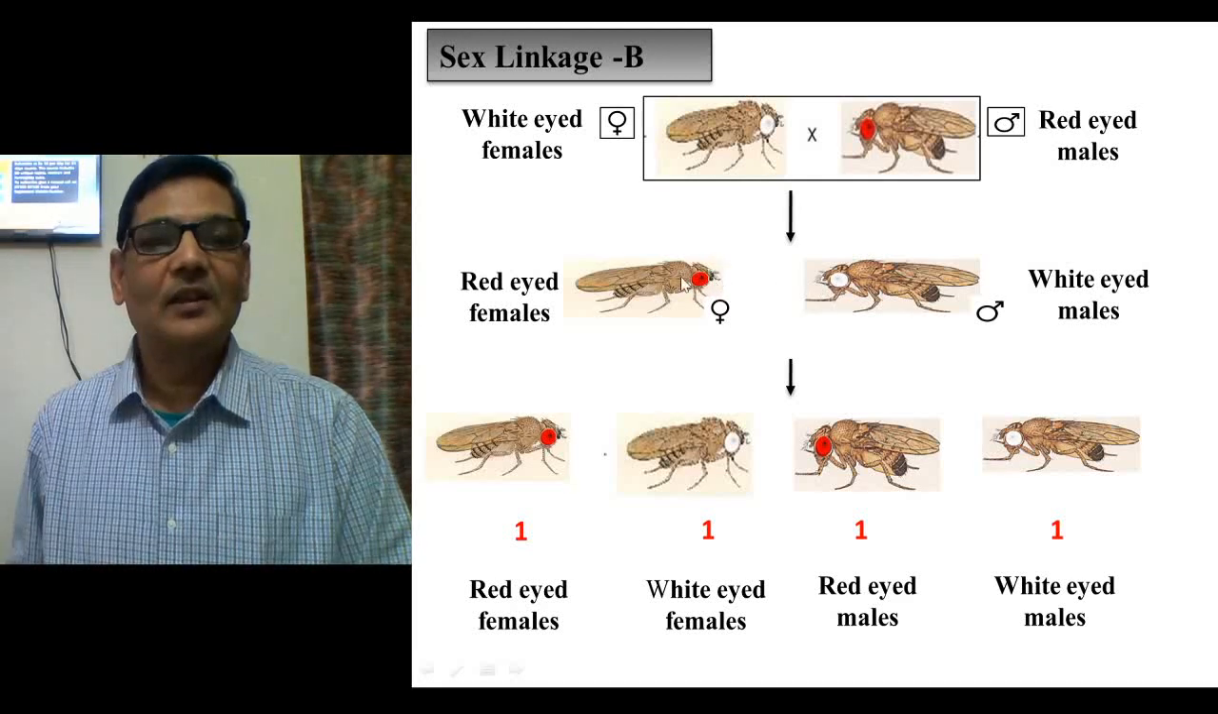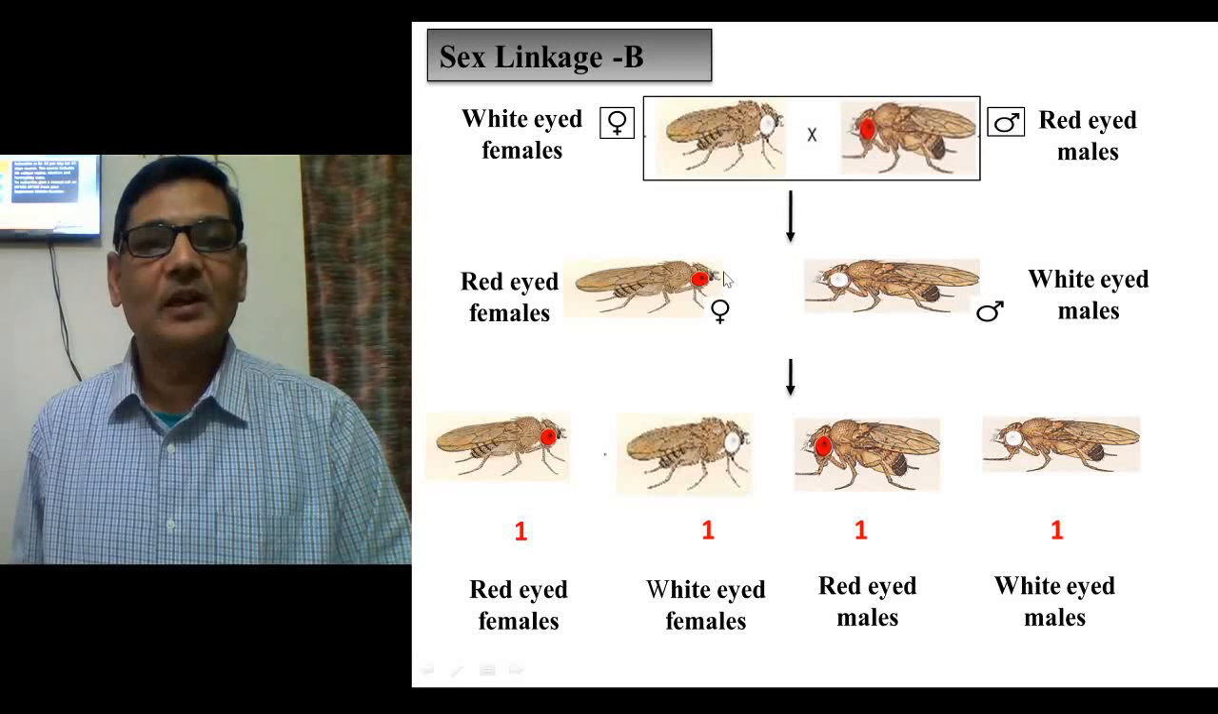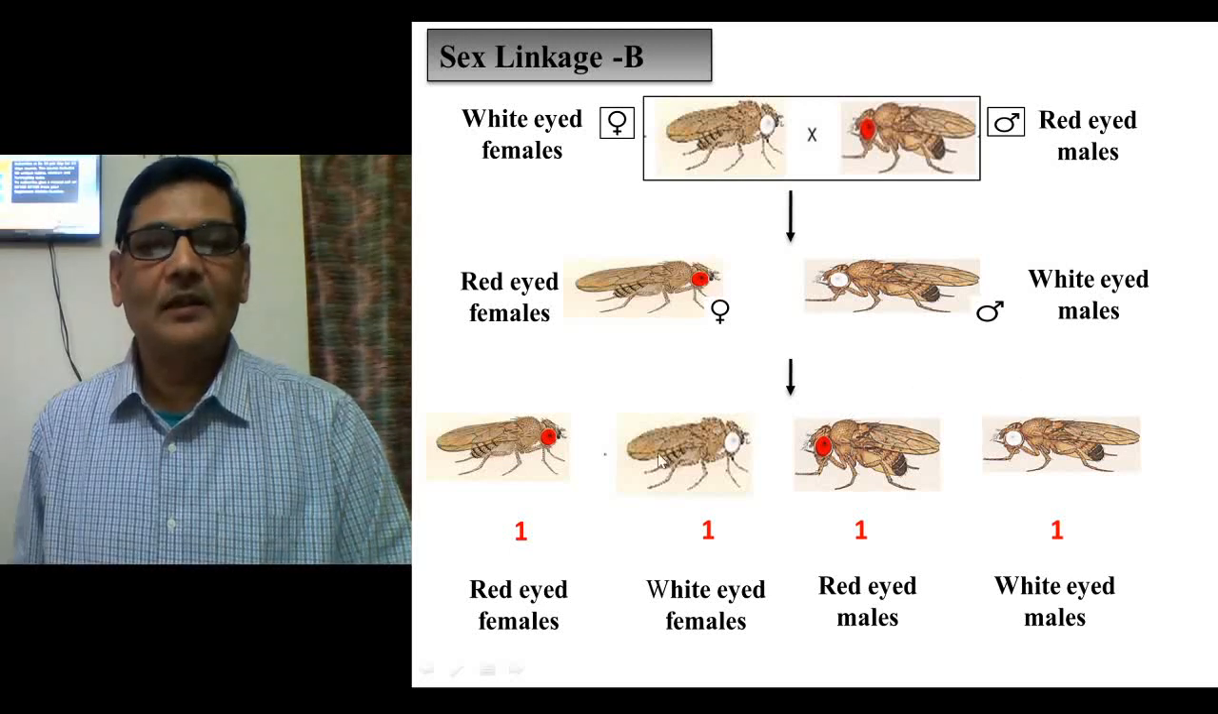That is, in the F1 generation, in the next generation, all the females observed will have red eye color, and all males will have white eye color. And when these F1 flies are crossed with each other, then in the F2 generation you will find red-eyed females, white-eyed females, red-eyed males, and white-eyed males, and their ratio will be